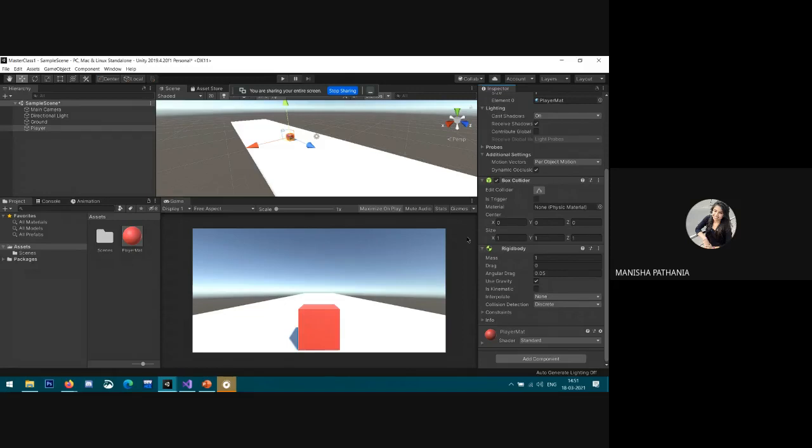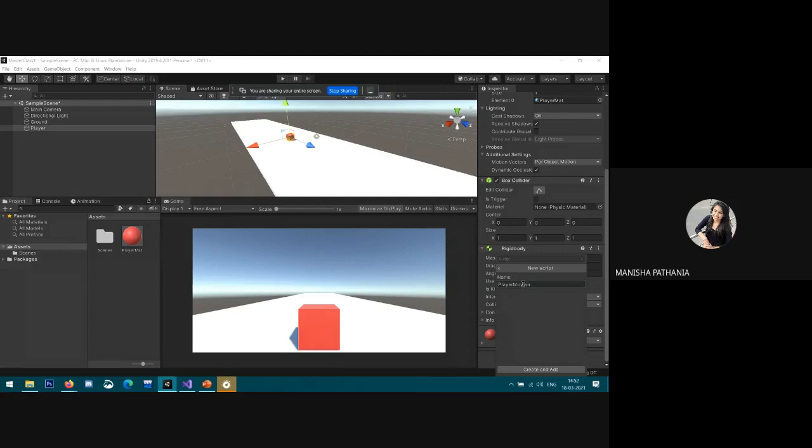Okay, so let's start. Whenever we want to program in Unity, we create a script, right? So first go to the player, in the inspector window click on add component, new script, and give it a name like player movement, something like this.